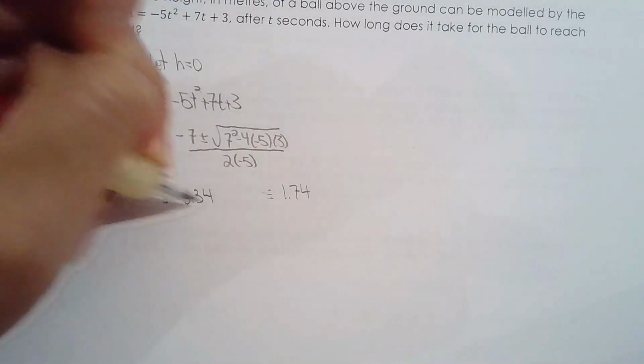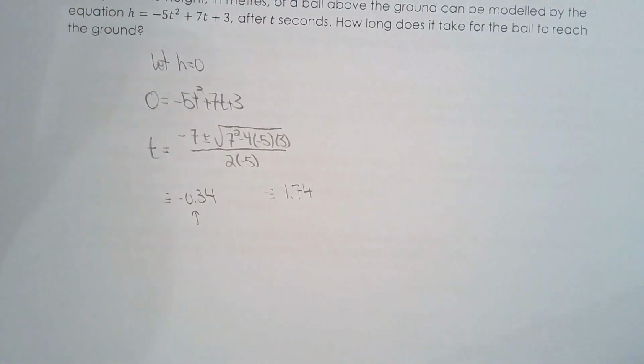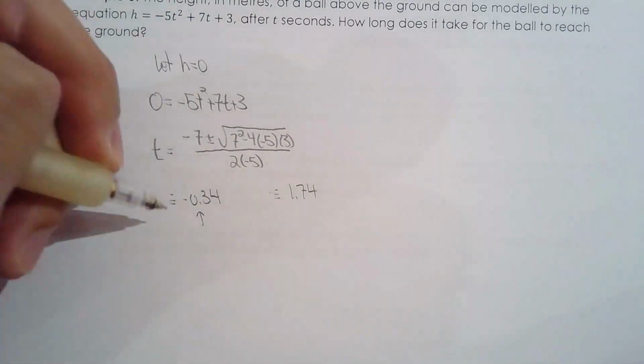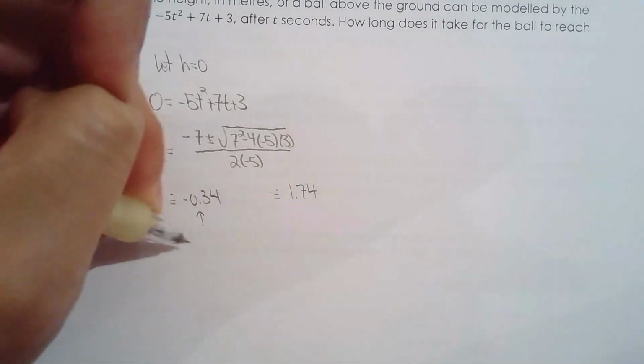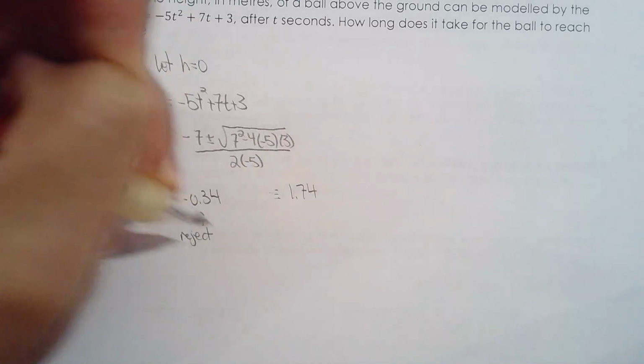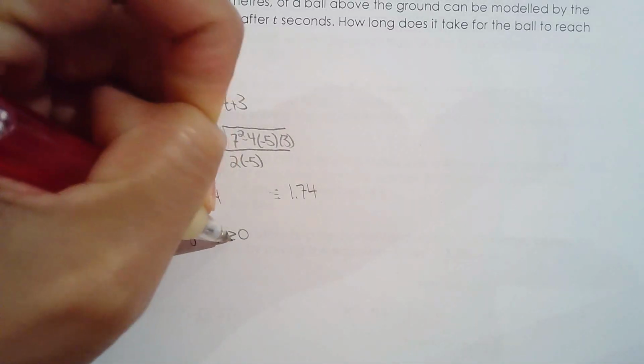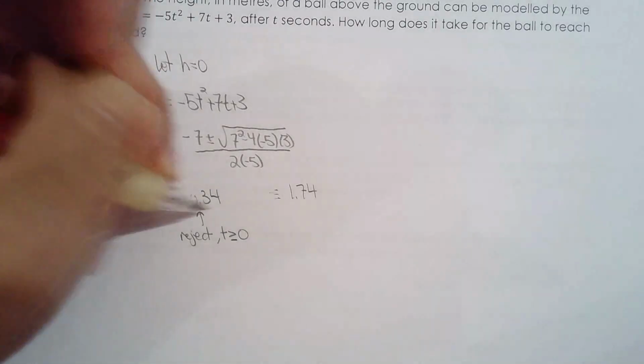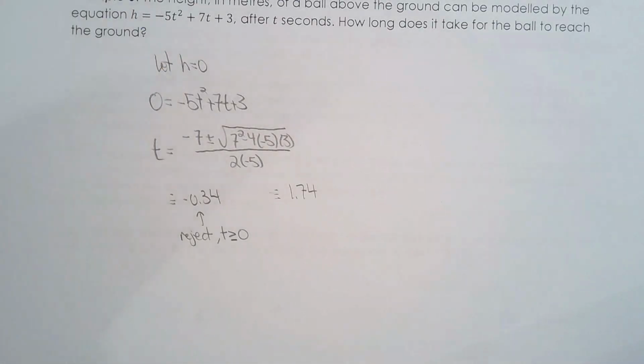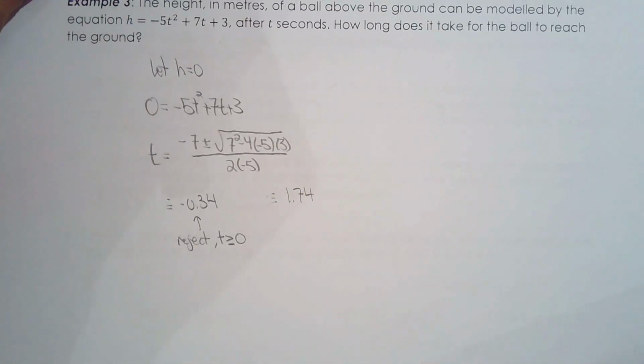So how long does it take the ball to reach the ground? So this answer makes no sense. How can it hit the ground before we even threw the ball? So we reject it because t is greater than or equal to 0. Okay, this makes no sense. How can I say it hit the ground before I threw it? That's some magic. So therefore, the ball hit the ground